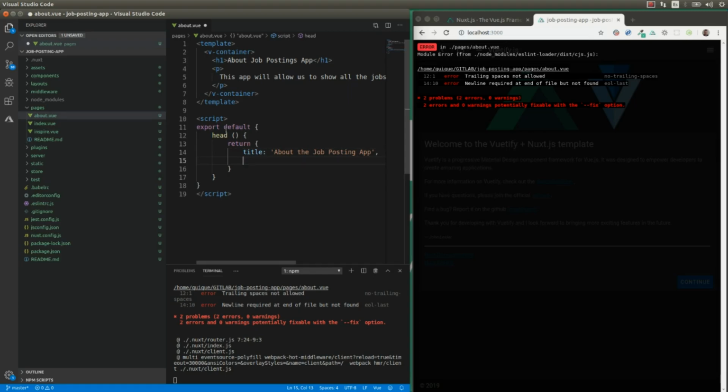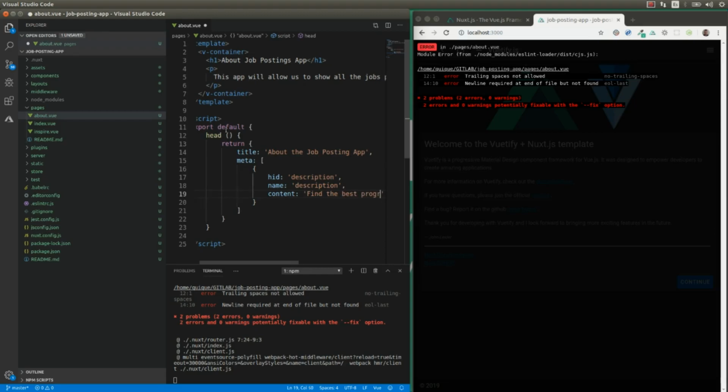and then we create an array where we are going to put all our meta tags. In this case, we are going to define just one meta tag. It's going to be the description meta tag. So we create an object literal for that, and this is going to be the identifier. It's going to be description. The name of the meta tag is going to be description as well. I'm going to copy that. And the content of the meta tag is going to be something like find the best programming